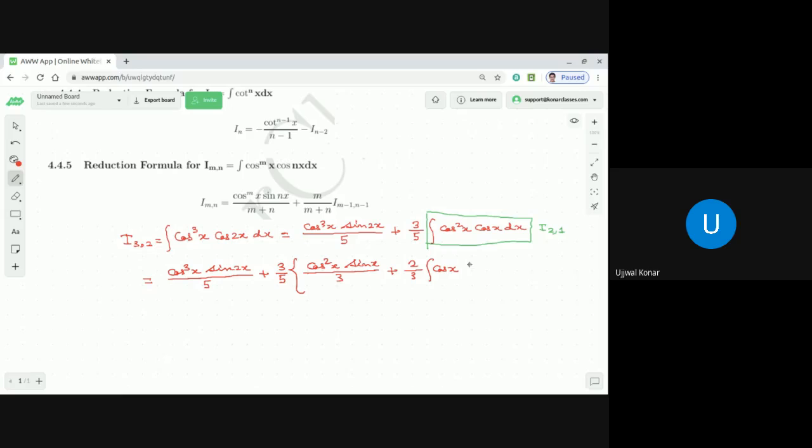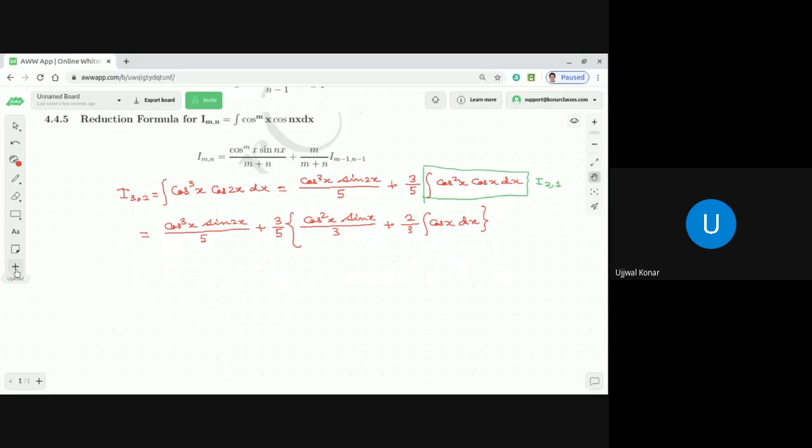Are you getting my point? Cos sin x means what? Cos of 1 into x, no? Yes, n is 1. So 1 minus 1 is 0, right? So cos x dx, clear or not clear? Now you know what is the integration of cos x, so you can apply back the value and done. Clear? Devanshu, absolutely clear, Gurman?